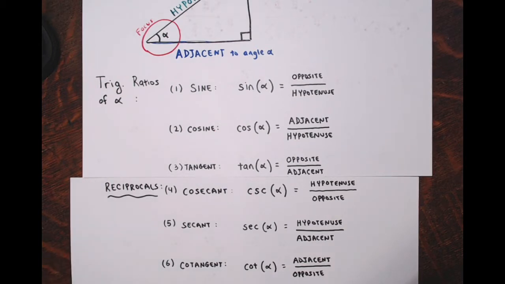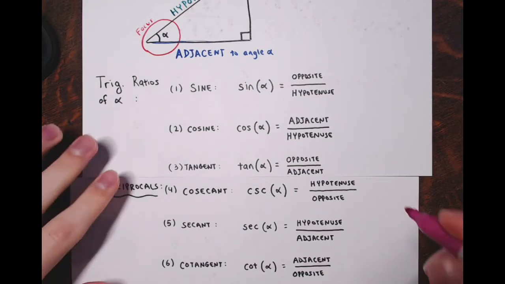Okay. So these are called the 6 trigonometric ratios, the 6 trigonometric functions for an acute angle in a right triangle, right? And you may have seen this in some other class before. I don't know what you've done in your life, but